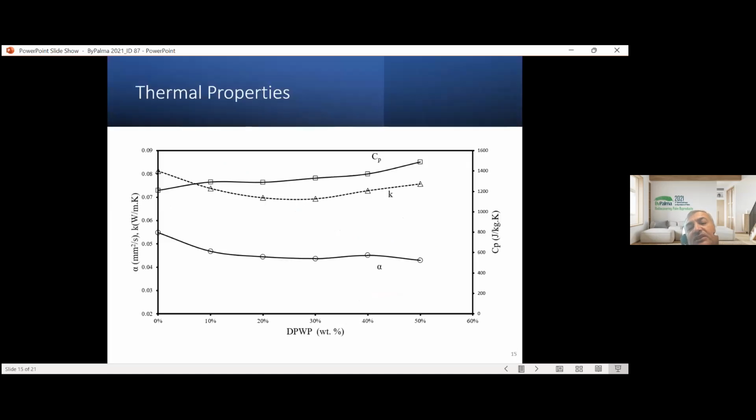thermal insulation applications. Other thermal properties like Cp and thermal diffusivity, as you can see here also, the alpha, the thermal diffusivity, is very, very low and it is much lower than the traditional thermal insulators, which means that my material can be a real candidate for thermal